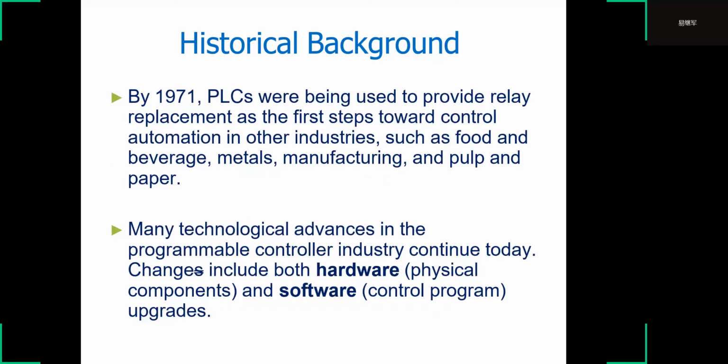By 1971, PLCs were being used to provide relay replacement as the first steps towards control automation in industries, such as